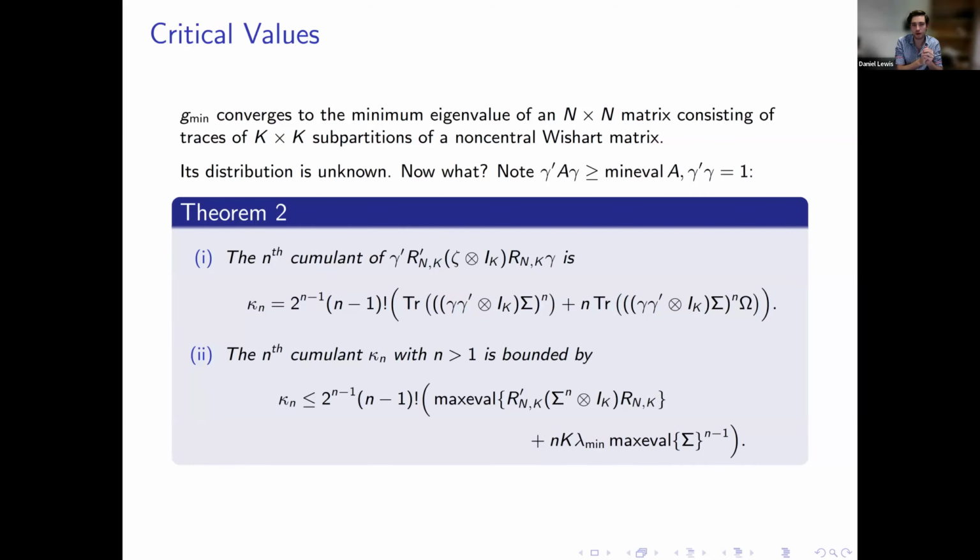The second part of the theorem, but you'll note in part I we still have dependence on all of the elements in the non-centrality matrix, the eigenstructure of that matrix, not just on lambda min, which is the minimum eigenvalue of the concentration matrix. We also have dependence on gamma, which is this unknown vector. So the second part of the theorem is to work out upper bounds for these cumulants. And indeed, when you look at the upper bounds there, you'll see that